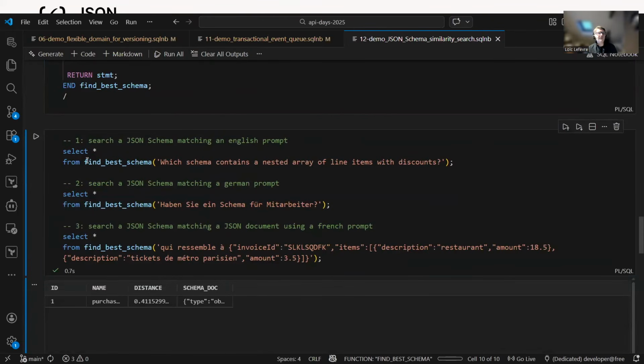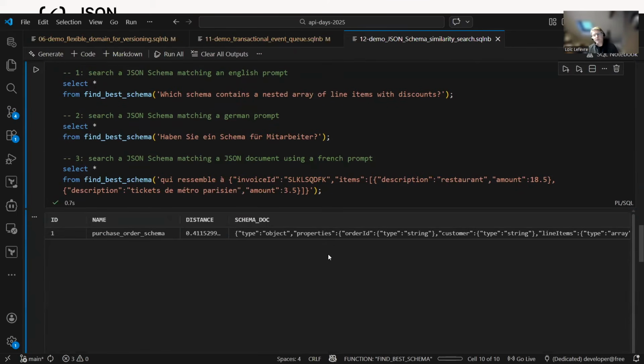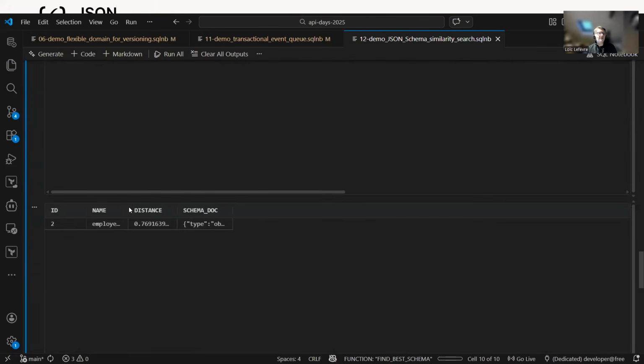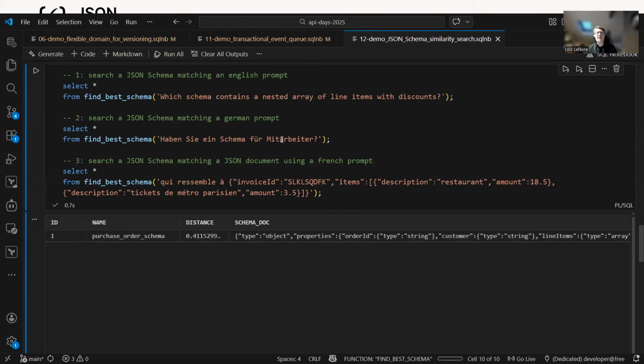And here is how it works. For example, the first query: which schema contains a nested array of line items with discounts? And guess what? That's the purchase order schema. Why? Because it found out that there are probably line items here and other things that it found within the vector. The second test is about a German prompt, for Mitarbeiter,